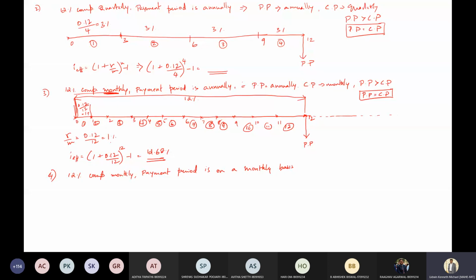But the interest rate need not be 12%. It can be 10%. Even 9.5% can be given. 9.5% compounded quarterly, 9.5% compounded semi-annually. So don't go by the fixed thing. It can be given as per the wish of the concerned faculty or coordinator. So this is a case where your M and N are different. They are not the same. So I request you to please try to solve it and give me the answer. I'll then be able to figure out whether you have really understood. You can message me the answers.